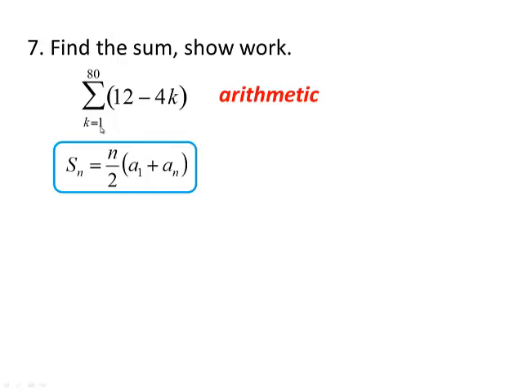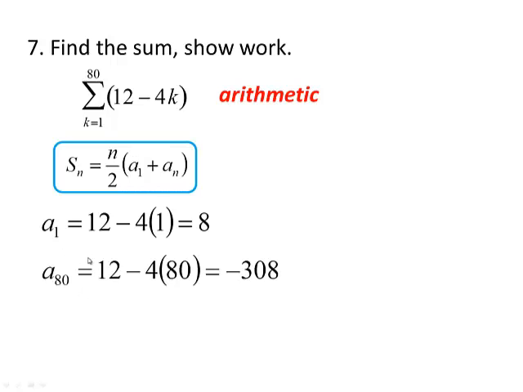Okay, and we know that from 1 to 80 we have 80 terms, and the first term and the last term is what I need to finish this. So I'm going to have to put in a 1 for k to find my first term. So the first term is equal to 12 minus 4 times 1, which is 8. Also have to find my 80th term, and the 80th term is going to be 12 minus 4 times 80, which is negative